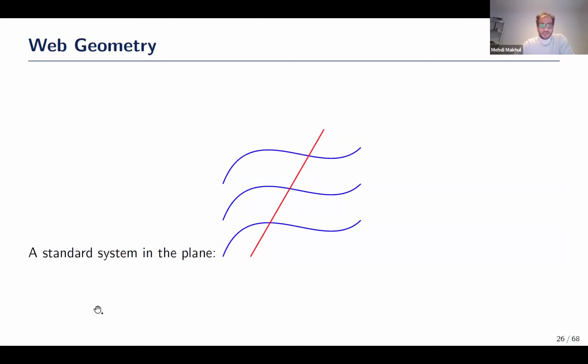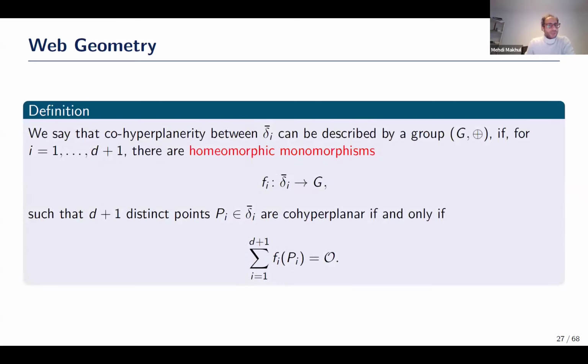So in the planar case, it's a standard system in the plane. Around this red line, I could draw a small neighborhood such that any line intersects each piece of curve in exactly one point. And then we say that the co-hyperplanarity between the delta i bars can be described by a group if